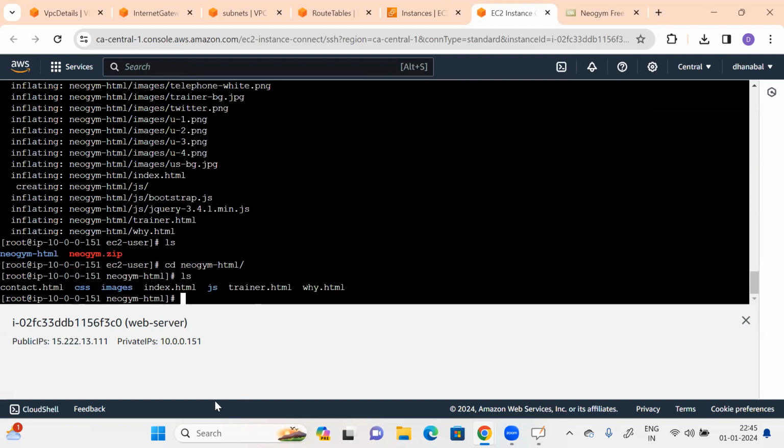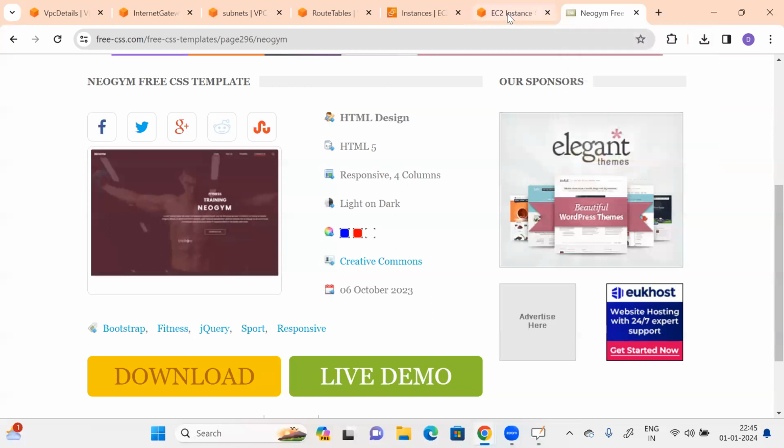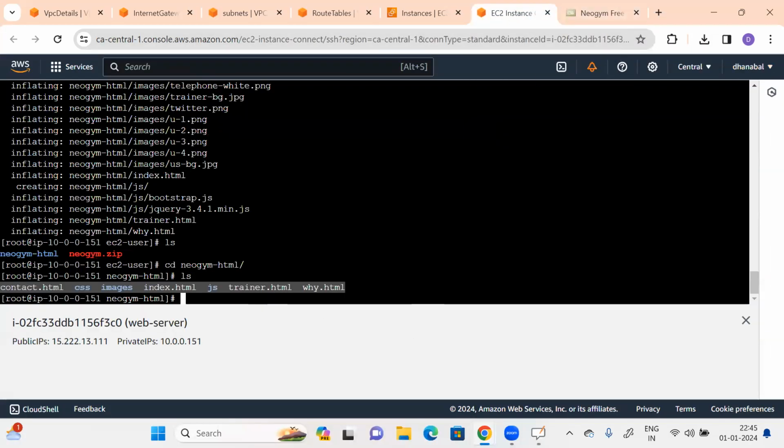And if I say ls, yes. So there are a couple of files I have, and these are the files related to my website, the code which I have downloaded. Now let me move all this code, all these files, with mv star. It means all the present working directory content files will be moved to the folder called